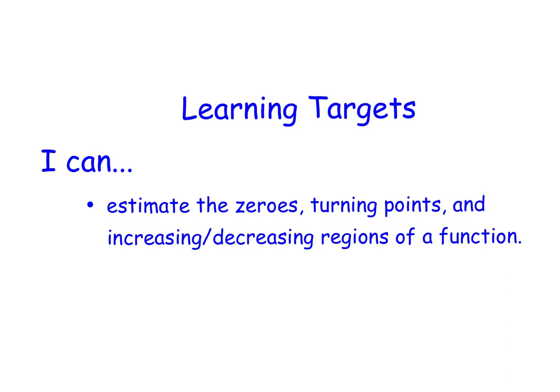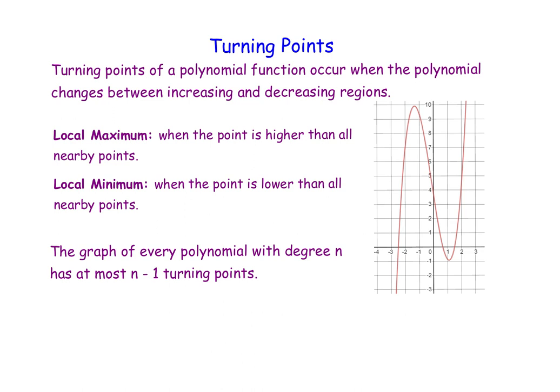So in this video, we'll be estimating the zeros, turning points, and increasing and decreasing regions of a function. Now, before we can start identifying all of these key points in our function, we have a couple of vocab terms we need to cover. The first vocab term we need to cover is turning points. And a turning point on a graph of a polynomial function occurs when the polynomial changes between increasing and decreasing